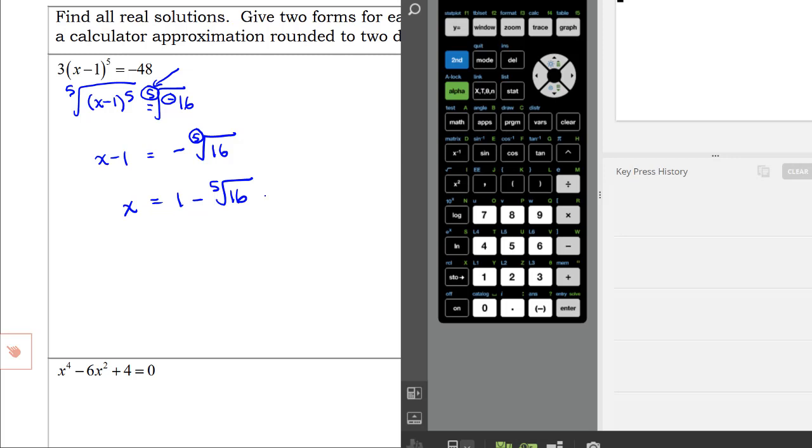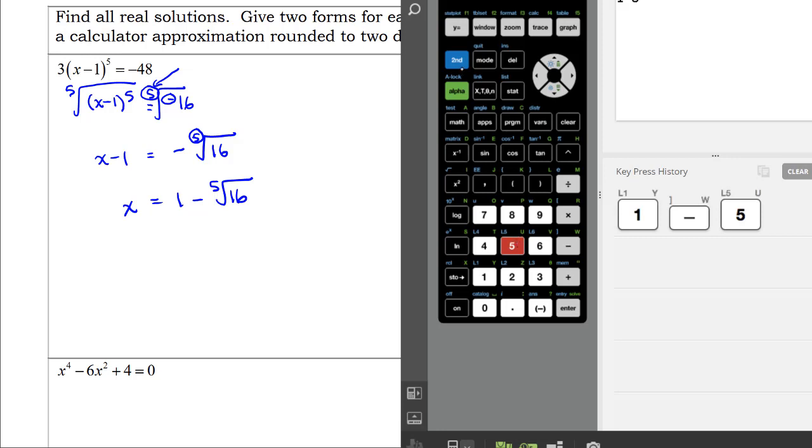The 5th root of 16 is the 5th root of 16. I know 16 is 2 to the 4th, but 2 to the 4th isn't big enough, power-wise, to come out as perfect. And then we can do 1 subtract